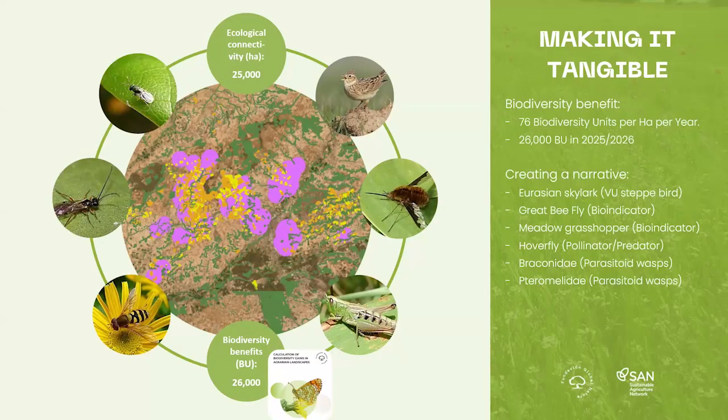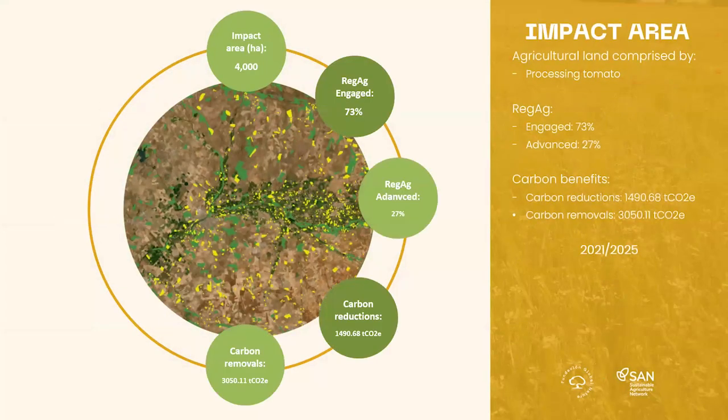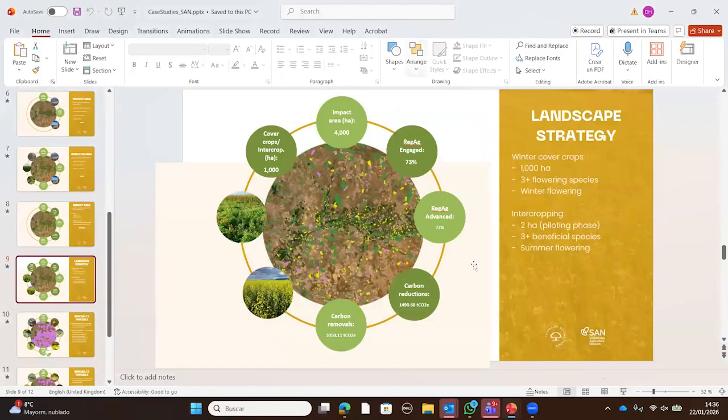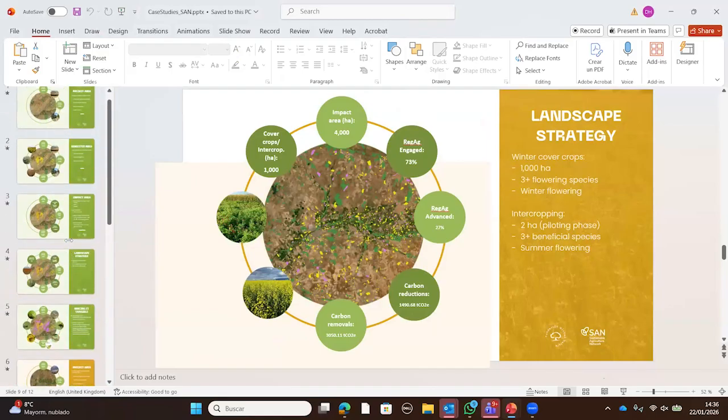It can be applicable to cocoa, coffee, whatever it might be. The spirit is the same. The interventions would be different, but the way of measuring it is pretty similar. I had also prepared the business case for processing tomato in Spain as well, a vegetable, but the spirit is the same, and I think I exceeded my time allocation. So I hope it was clear through this case study the different possibilities that we can unlock.